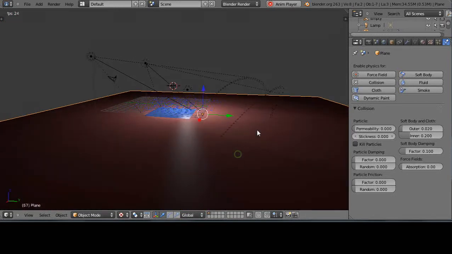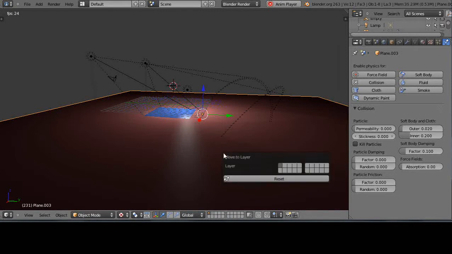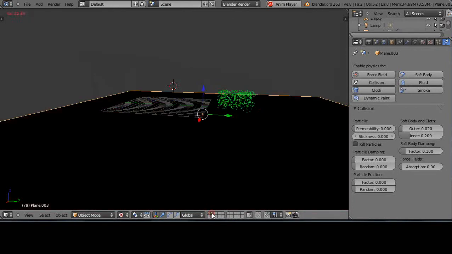When I verify that, I'm just going to copy this, Shift D and copy it. I've copied it, and then I'm going to left click it, and I've left clicked it right into place. You don't really see anything happening, but I have made another copy of the object because now it's plane.003. Now I'm going to press M, and I'm going to move him to the second layer as well. So now if I go to the second layer,